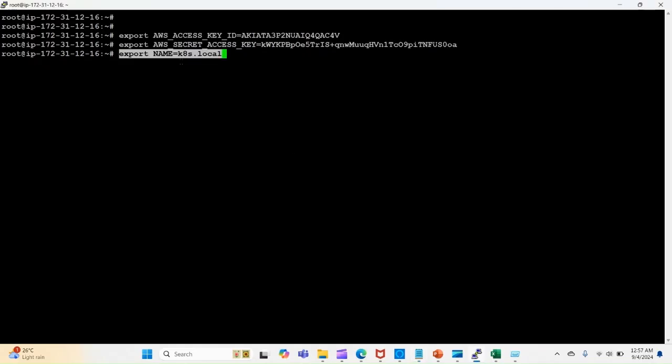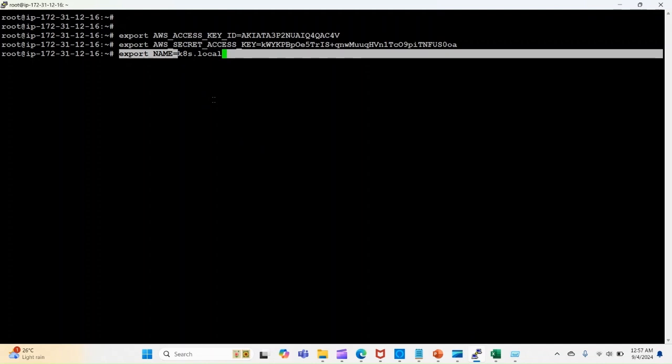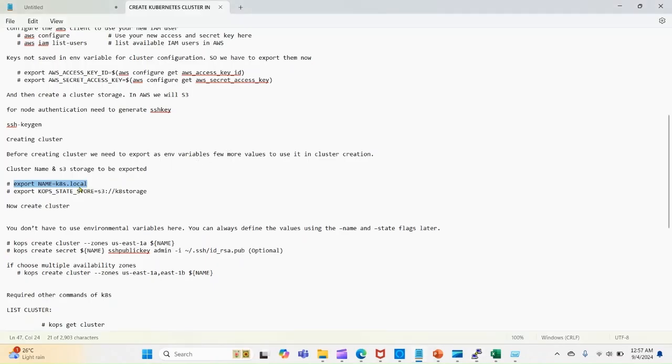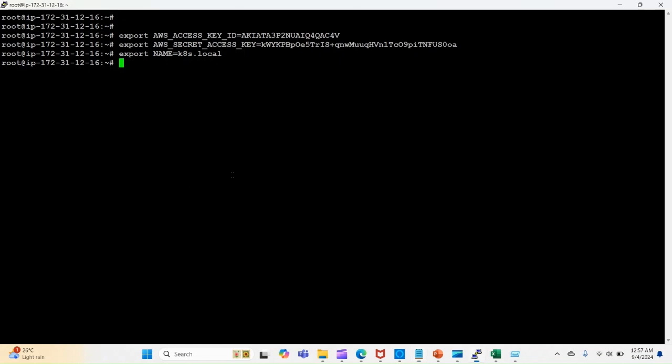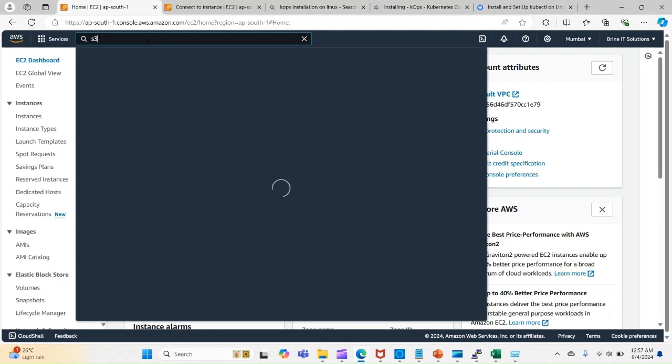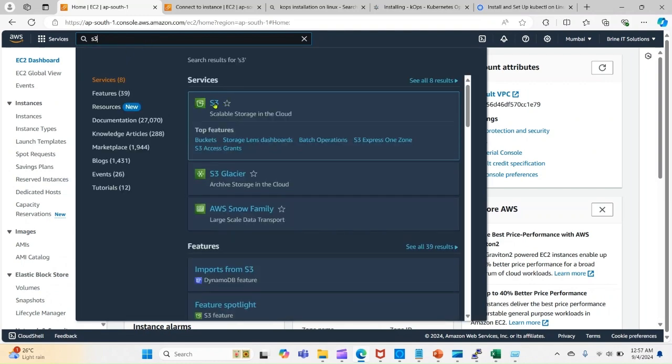host, means this K8S.local will be my cluster name, and then I'm going to mention your S3 bucket. For that you need to create one S3 bucket in your AWS console. Go to S3,